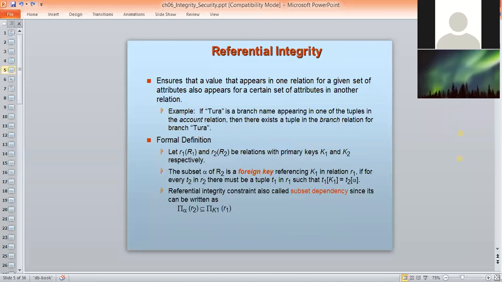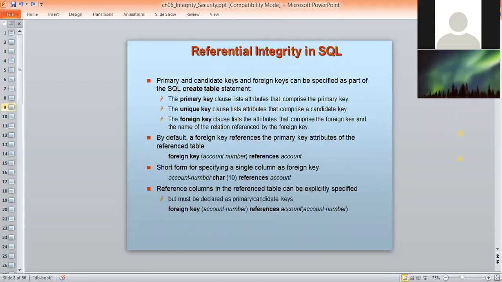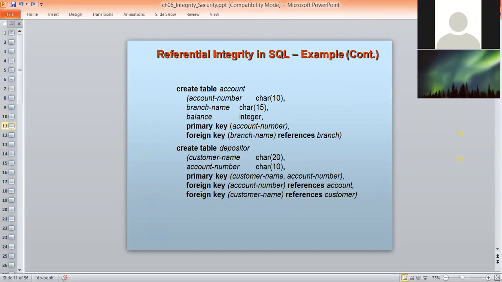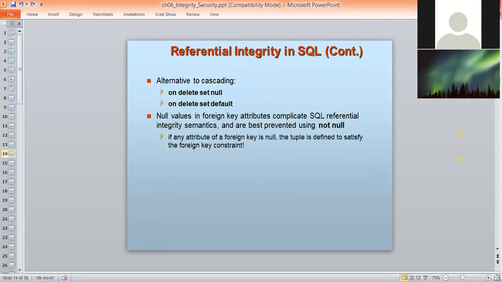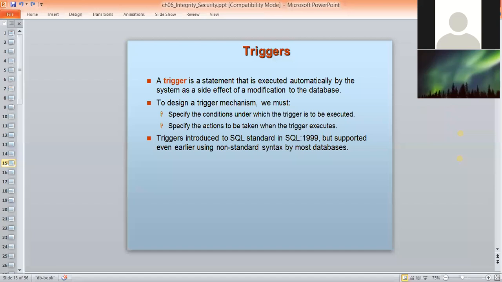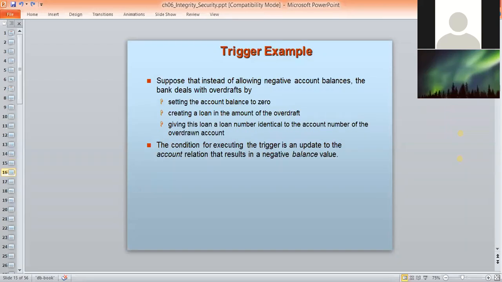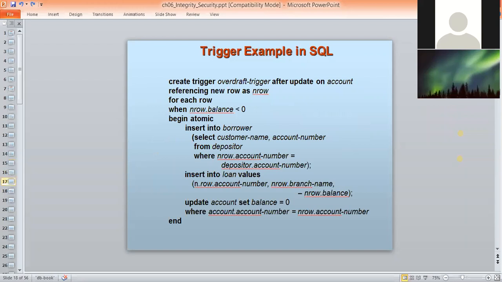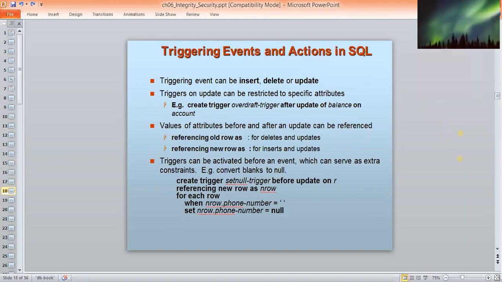Then we discussed the referential integrity constraints, and saw how we can set the primary key and foreign key values. Then we discussed triggers: how we can define a trigger, how we can invoke a trigger, what the conditions for invoking a trigger should be, and once the trigger is invoked, what actions are required in the triggering.